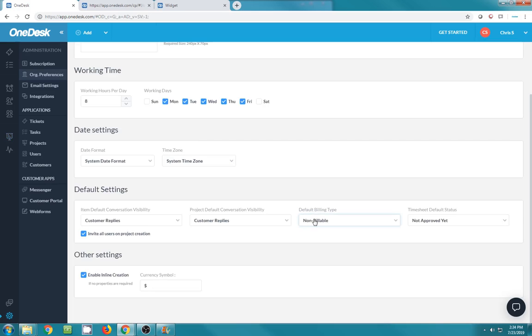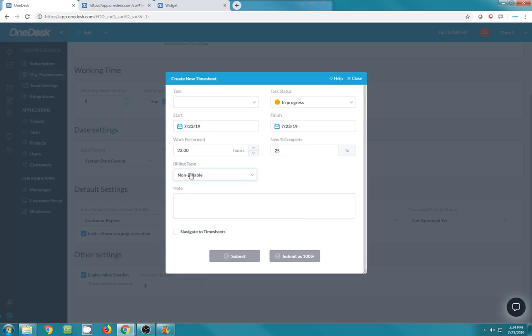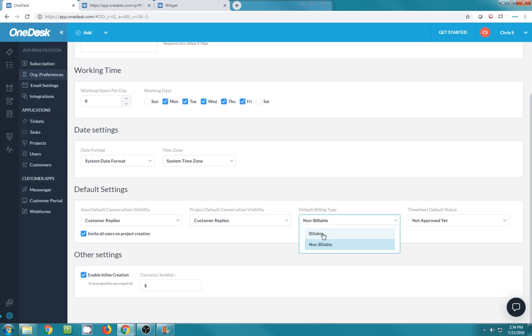Currently, when we create a timesheet, by default it places it as a non-billable for the billing type. And you'll notice when we create a timesheet right here by clicking on this button and then we click timesheet, the billing type by default is non-billable. So if we change this to billable, by default every time we fill out a timesheet, it'll place it as a billable